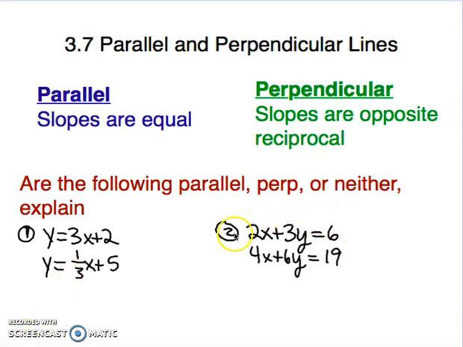In the second example, right here, these are not in the form y equals mx plus b. So you need to convert them in that form before you identify whether their slopes are parallel, perpendicular, or neither. So in this equation right here, 2x plus 3y equals 6, you need to solve for y. So if I rewrite that here,